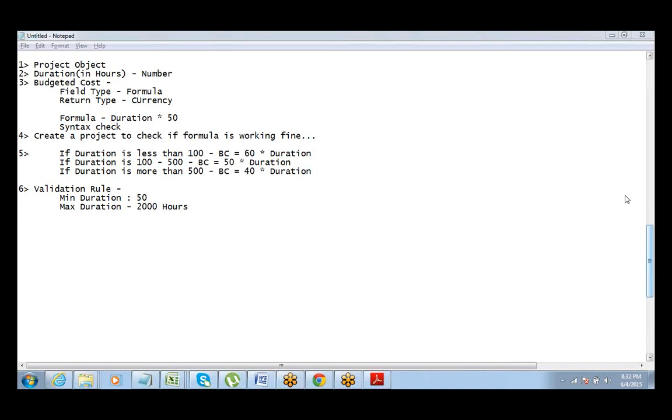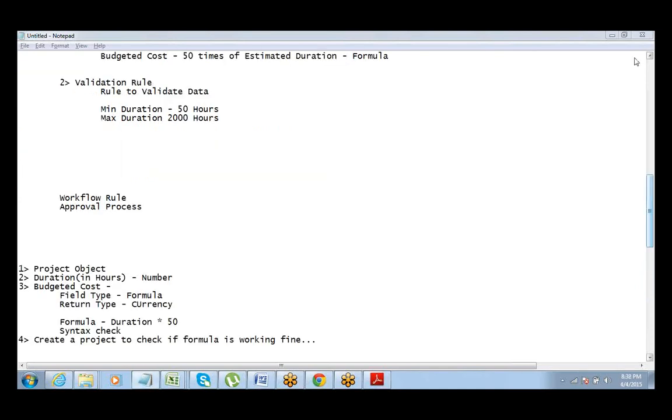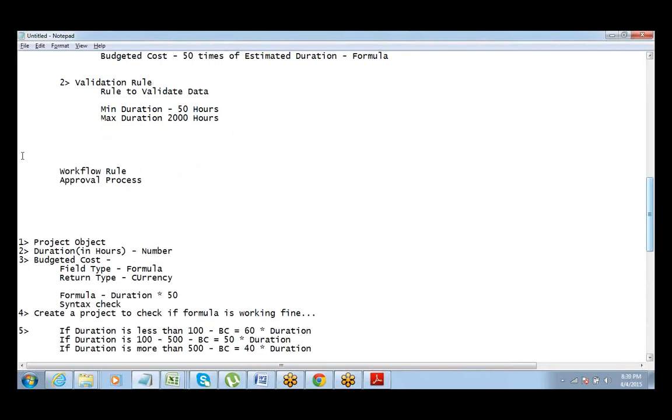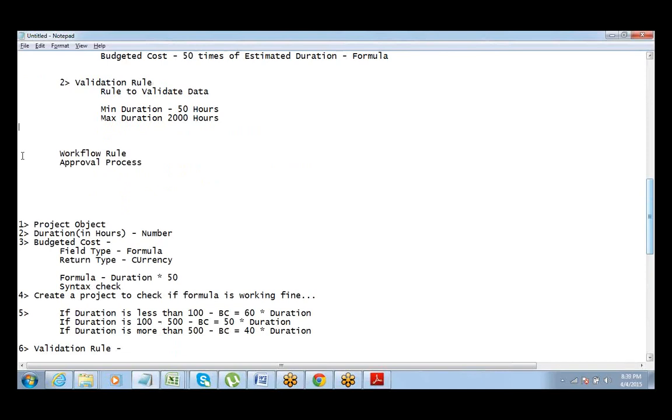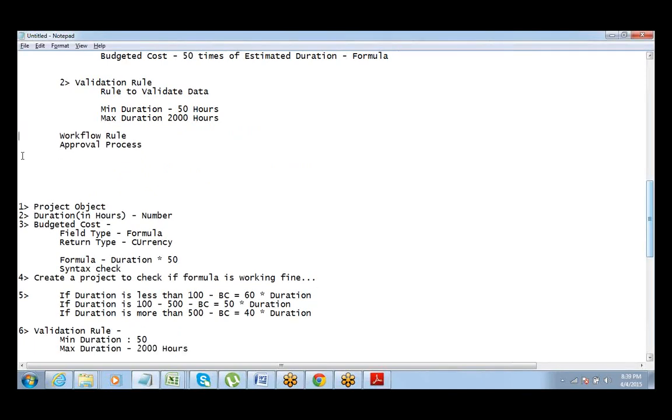Nice. So let us now get into the third business logic, which we were just talking about, which is a workflow rule. Now workflow, we have seen formula and we have also seen the validation rule. In formula we automatically calculate the value of a field, right, using the formula. Using validation rule we try to validate the data of a certain field, right. Third is the workflow rule.